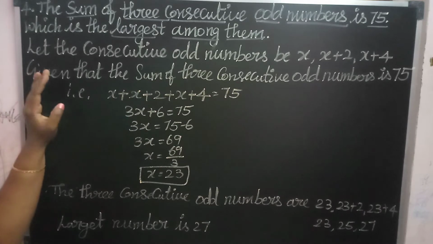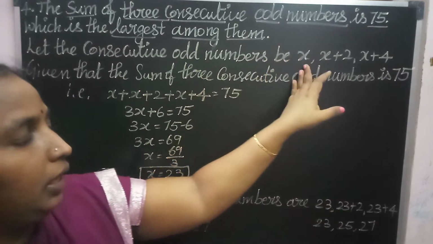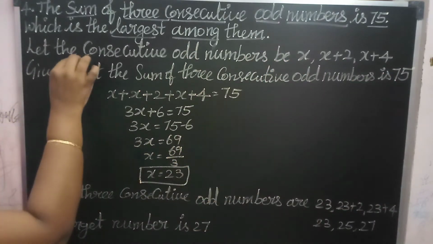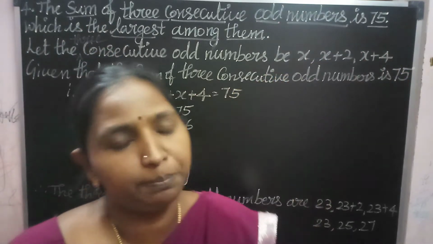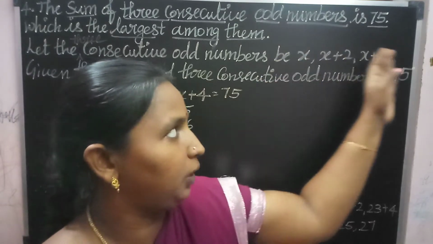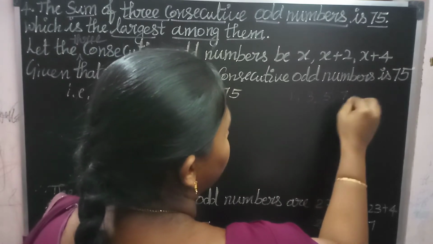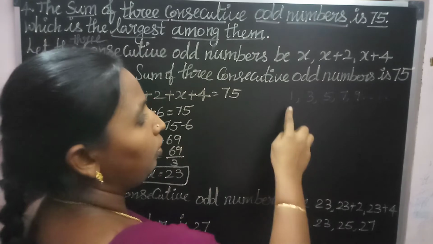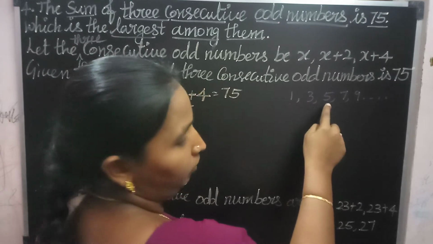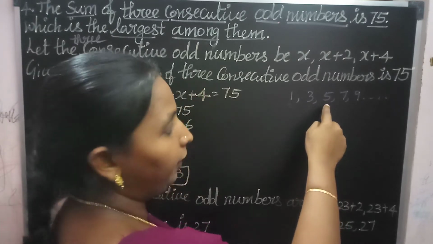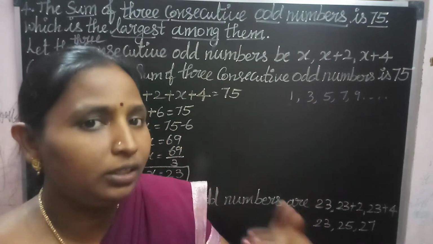Okay. So I don't know those consecutive odd numbers. I am going to assume, let the 3 consecutive odd numbers be x, x plus 2, x plus 4. So why am I taking x plus 2, x plus 4 like that? See the odd numbers 1, 3, 5, 7, 9 and so on. What you add to 1 you will get 3: 2. For 3, if you add 2 now you will get 5. If you add 2 to 5 you will get 7, like that. So the difference between these numbers is 2. If you add 2 you will get the next number.